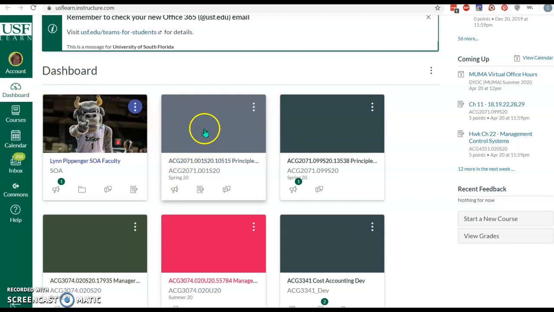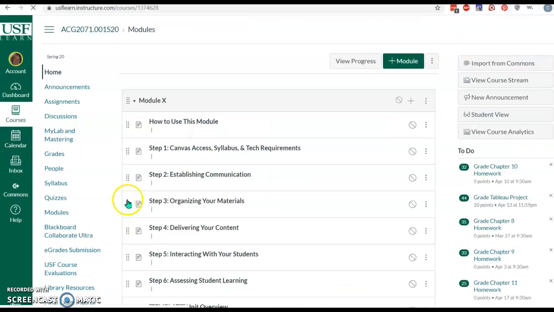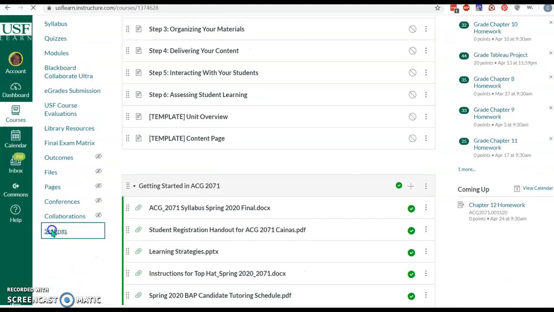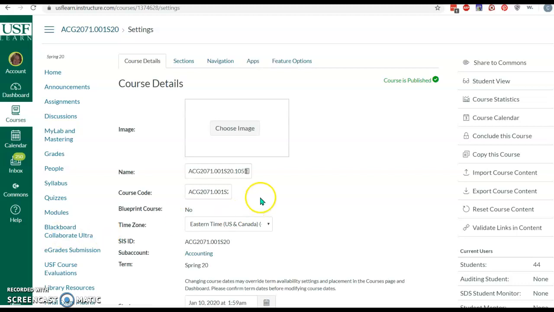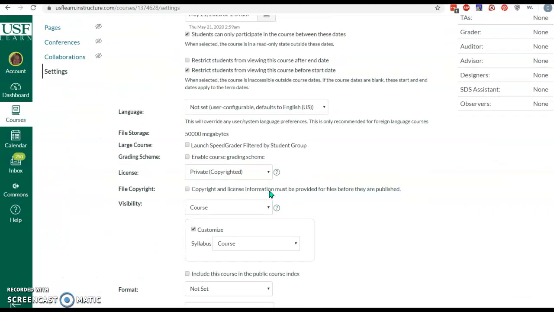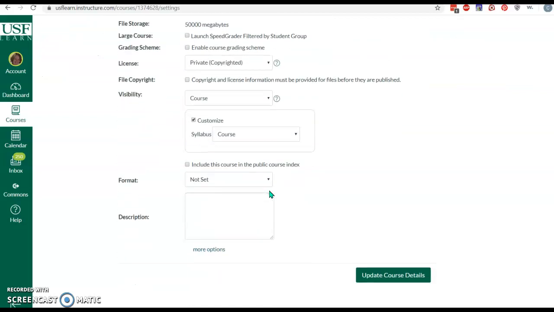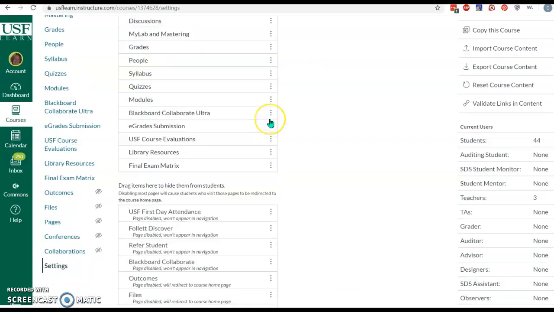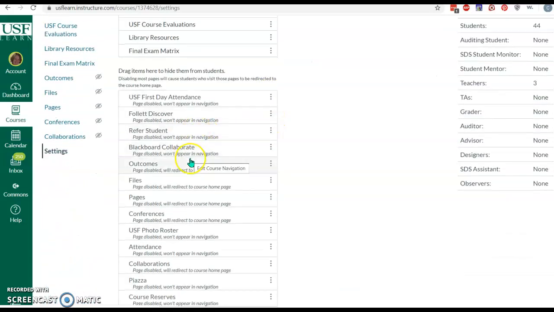This is your class here. And I keep going in there and trying to figure out where everything went, and then I figure it out. But you want to go down to settings. And then, where did it go? Oh, you go to navigation, sorry. And you got to pull it up here. So it's down here under